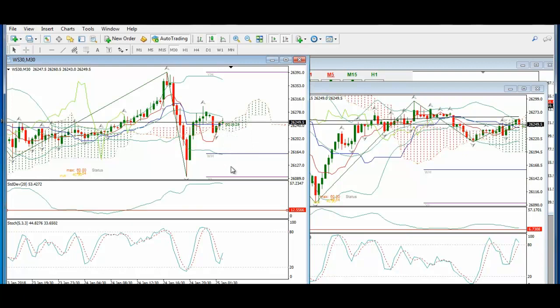it may also test this low here. Sometimes the market goes like this: it goes down, it goes up somewhere here, it goes down, and then makes the bigger movement you want to see. You have to be cautious about that, because we are